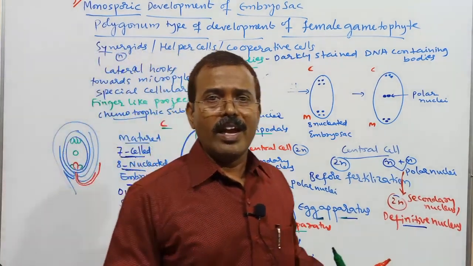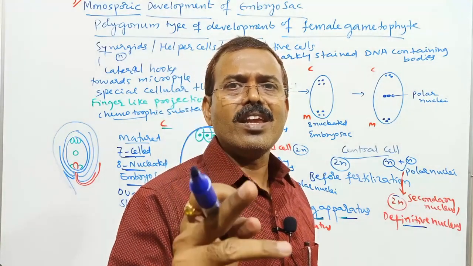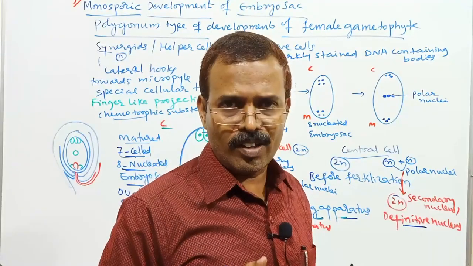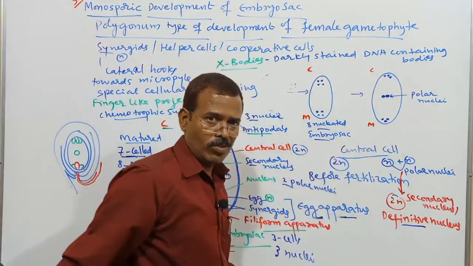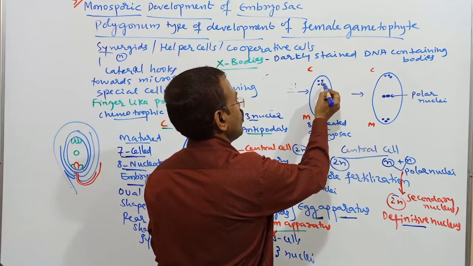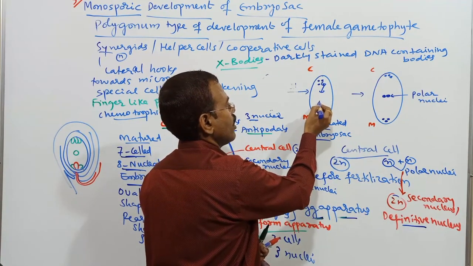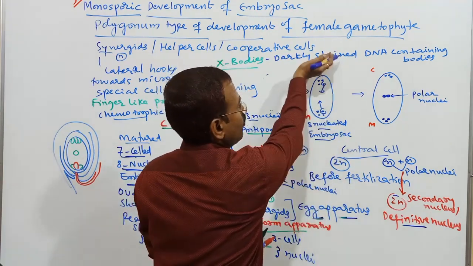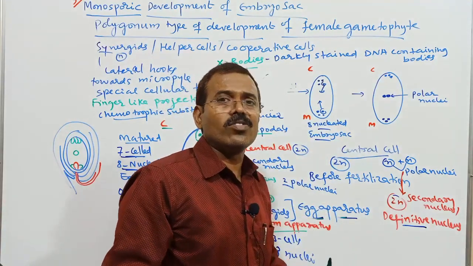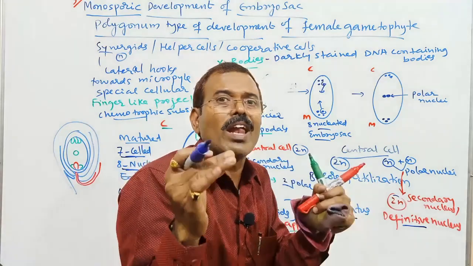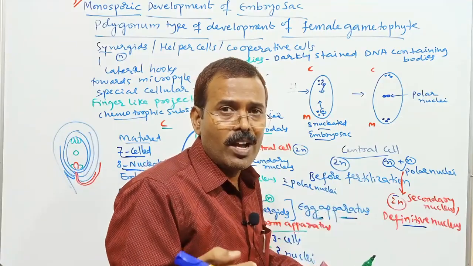So this is how a single functional chalazal megaspore, after undergoing 3 free nuclear divisions or karyokinetic divisions, results in the formation of an 8-nucleated embryo sac. 1 nucleus will go towards the center from the chalazal pole, 1 nucleus goes towards the center from the micropylar pole. Remaining 3 nuclei remain towards the chalazal end, 3 nuclei towards the micropylar end. Now there is cell wall formation, cytokinesis, cellularization. Each nucleus will have its own cell wall, resulting in the formation of definite cells.